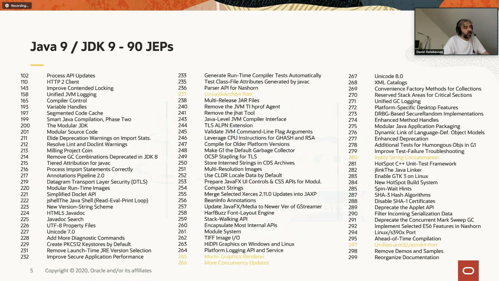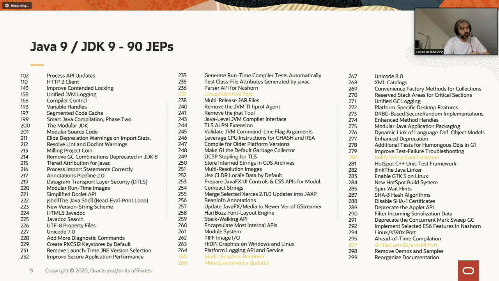So this is a pretty busy slide. I'm not going to spend time on it. This slide lists all the features that were added in Java 9. And Java 9 was a special release in the sense that it was the latest large release of Java. And there's a big issue with that. Every 2 to 3 years, we were releasing one Java version with a bunch of features. So when it comes to adopting those features, it was very difficult because developers basically had all of a sudden access to a bunch of features. Getting familiar with those features was very difficult.